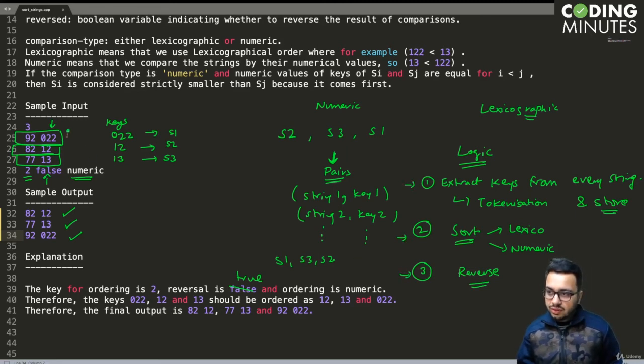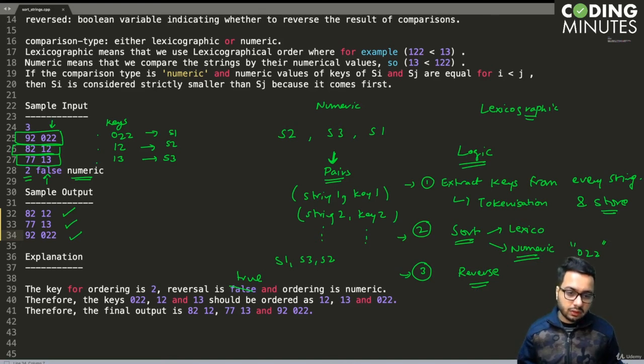So the logic is the same that I have discussed. First extract all the keys, store them along with the string, and then use the sorting function. For that you can use any inbuilt sort function along with a custom comparator. In order to do a numeric comparison, let's say this is the string, you also need to convert it into its numeric value.